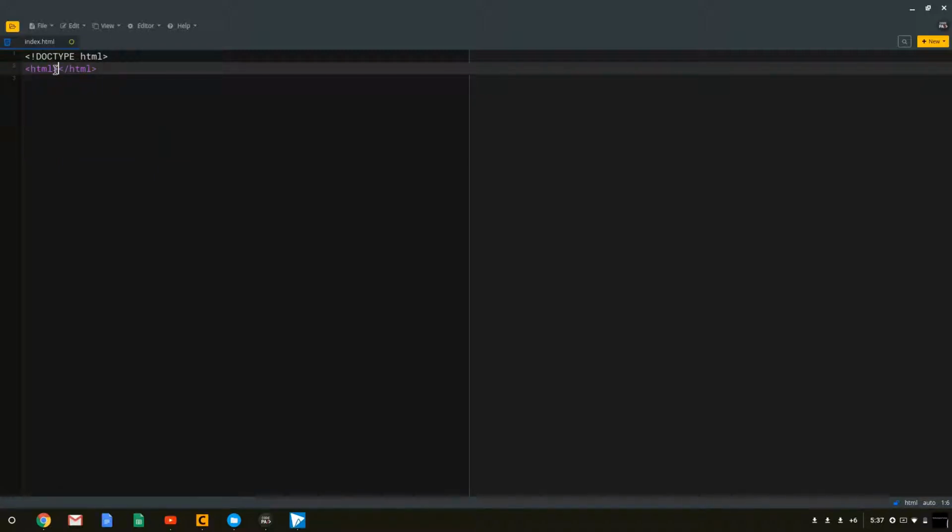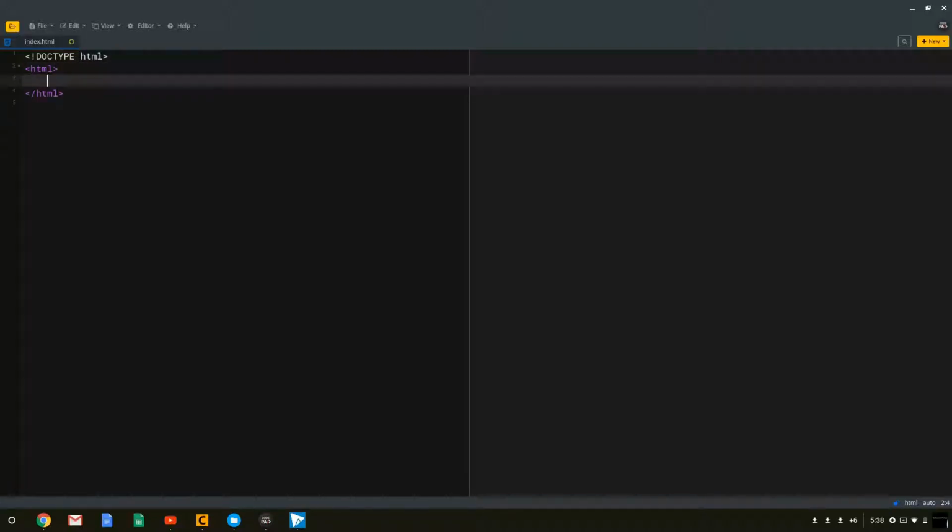So that's how you start an HTML tag right there, and then that's how you end it. Pretty simple. To start, you do back arrow HTML and forward arrow, and then it'll come up. If you have a good text editor, the end tag will come up as back arrow forward slash HTML and then the forward arrow. Then you want to do